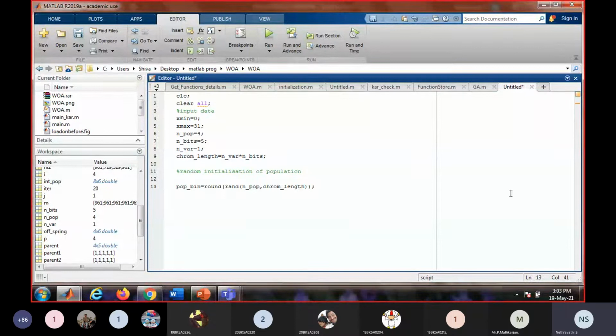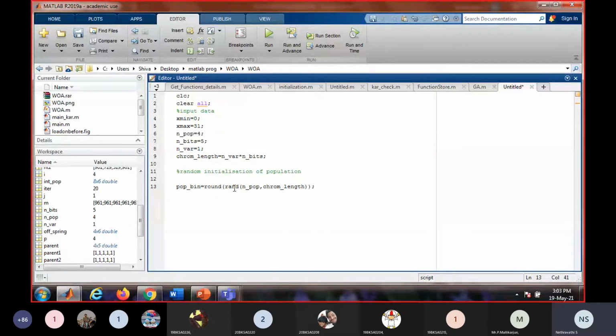But we don't want such decimal numbers, right? We want the population to be either 0 or 1. So what we will do, we will round it off. round is a function which will round it off to the nearest integer.